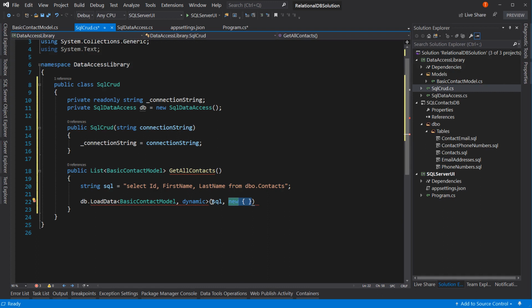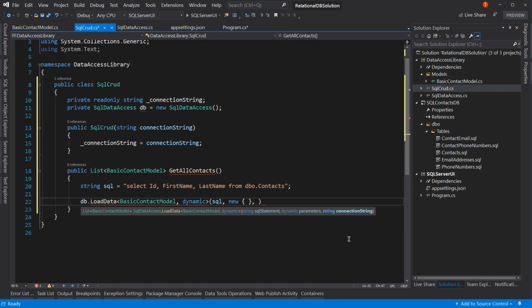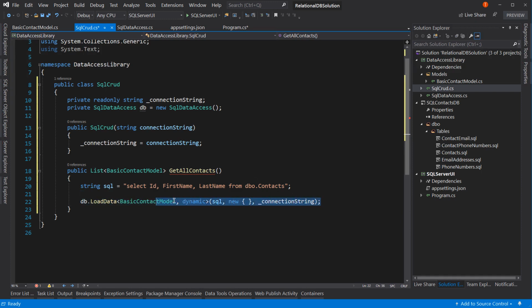That's what our dynamic will be. Now I can put comma and say connection string, which is underscore connectionString. And now I have a call that's going to load data using this statement. It's going to put it into this model type, and it has no